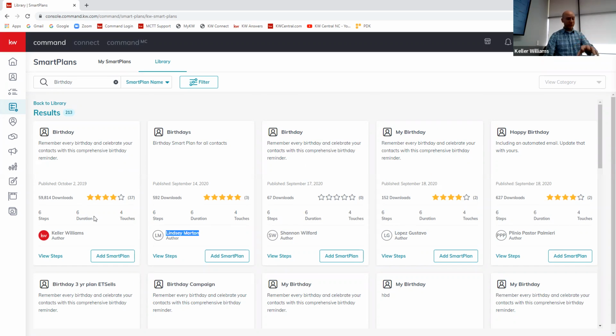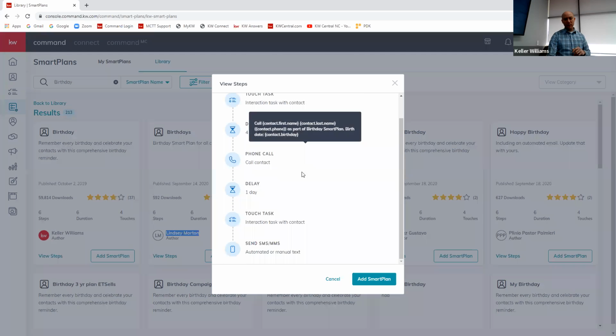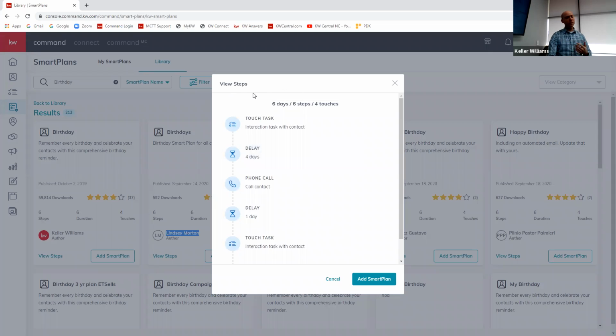So what it does instead is, if we look at these steps, you'll notice that it's not a 365-day plan, which is confusing. So I went to our regional tech trainer and asked her, what's the deal? What if this doesn't work? You can't send someone a birthday wish every 6 days. What it does is it looks for the person's birthday in your contacts list. And when it looks at your whole list, any birthdays that are 6 days out will activate on this plan. And that's how it sees it coming, and then it activates and puts them through the 6-day smart plan,